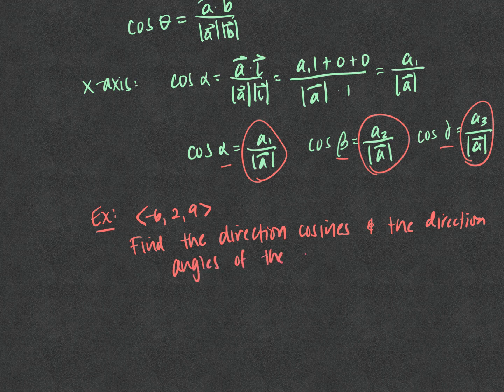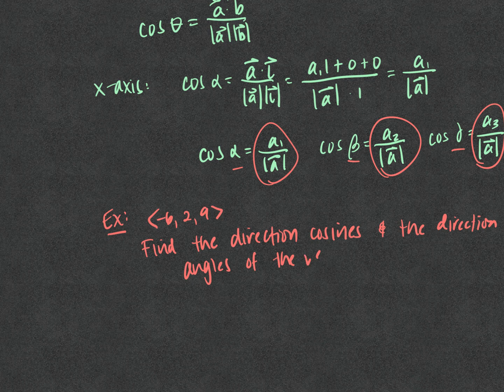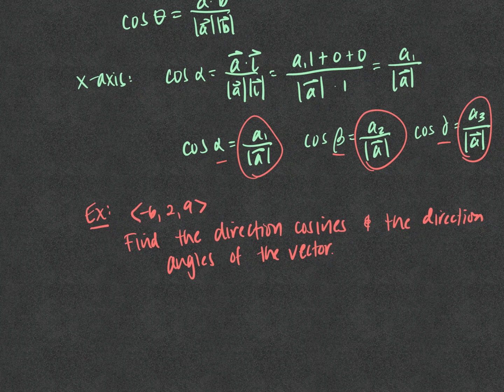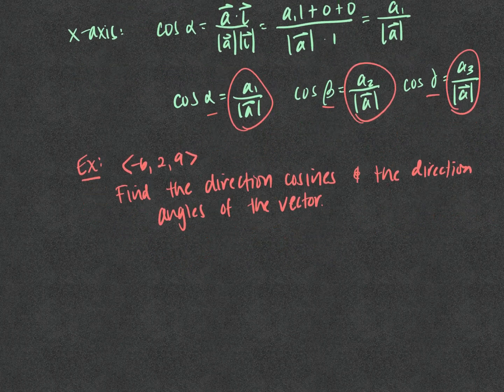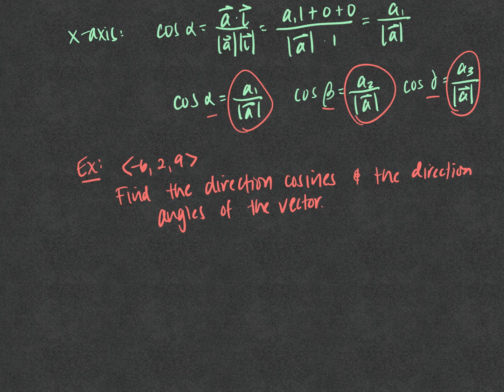They give very definite directions in WebAssign, and in the book it says give the direction angles correct to the nearest tenth of a degree. So they tell you right there that you're in degrees. First of all, we have A1, A2, A3, so we need the length of A. The length of A equals the square root of